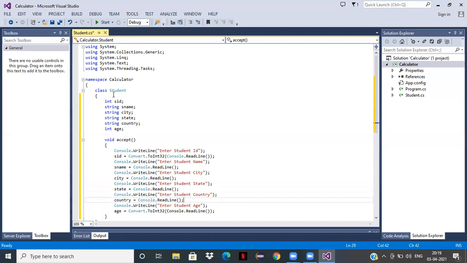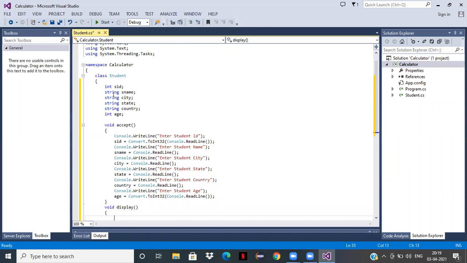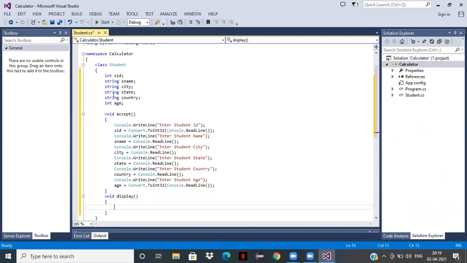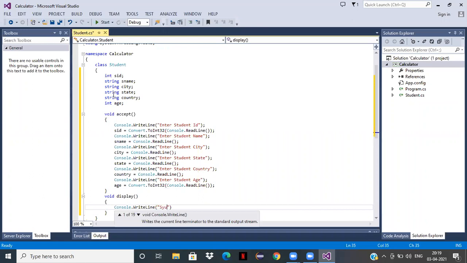Console.ReadLine. Then I need to declare one more method, void display, and here I just need to write Console.WriteLine, student ID, then curly bracket 0 curly bracket close, and then we need to write the SID.